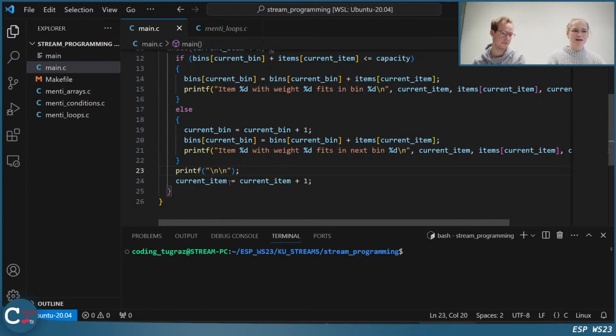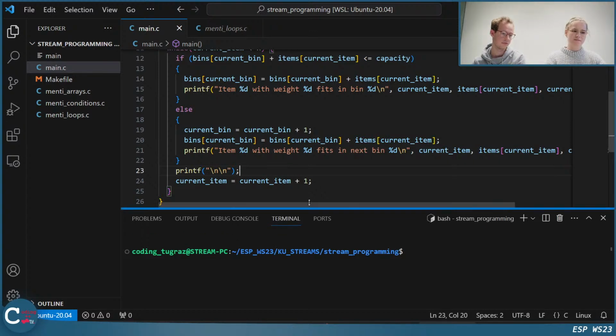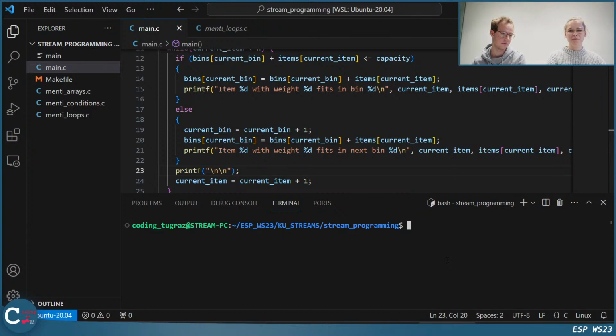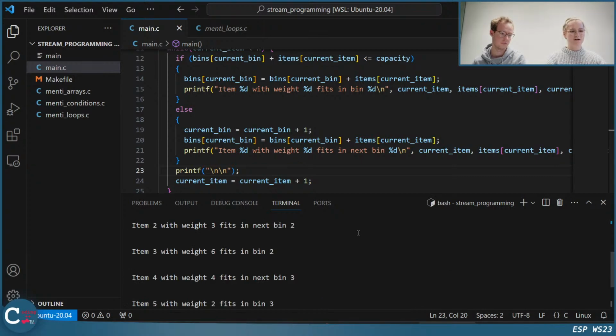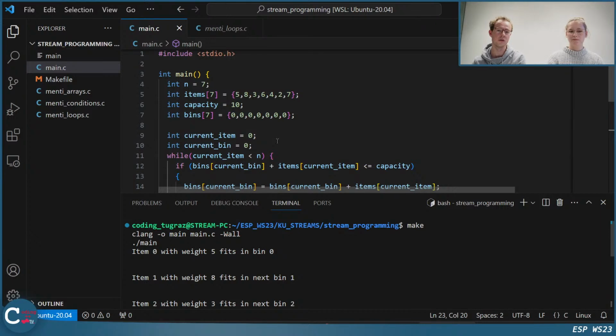You don't know yet how to compile and run a program. We'll get to that at a later point. Right now, I just have to type make to compile and run it. So what you can do, we will of course upload the source code, and if you don't know how to run it on your own device, you can just copy the code into online GDB and run it there. This would probably be the easiest thing for you.